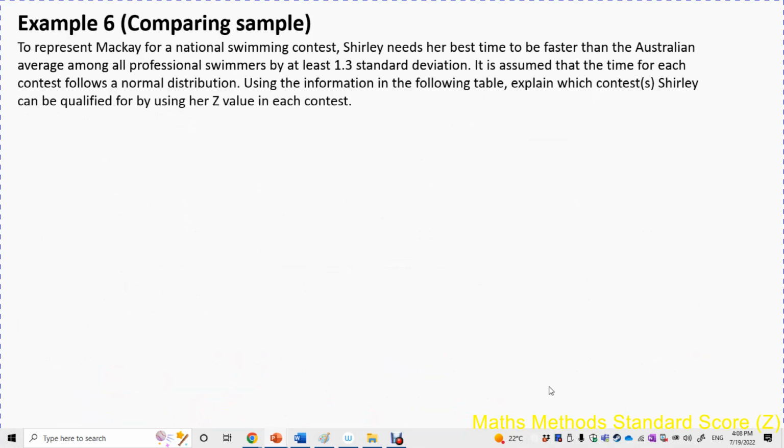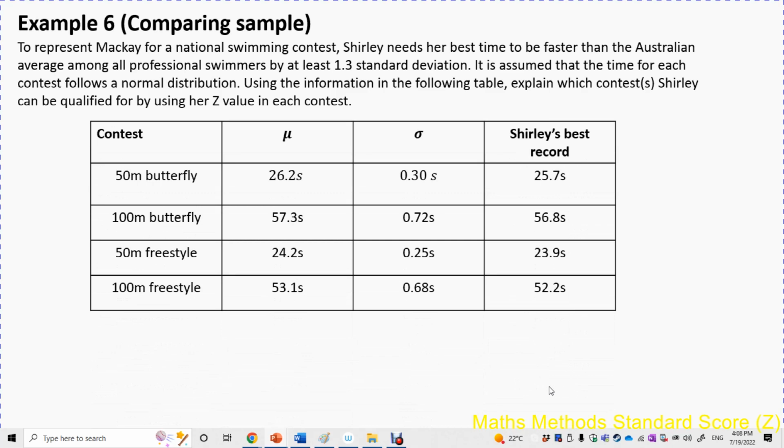Okay, and comparing samples. You can read the question. It's just about a swimming context. Shirley is trying to represent the Australian swimming team. I suppose I forgot what question I'm putting here. So again, the idea is